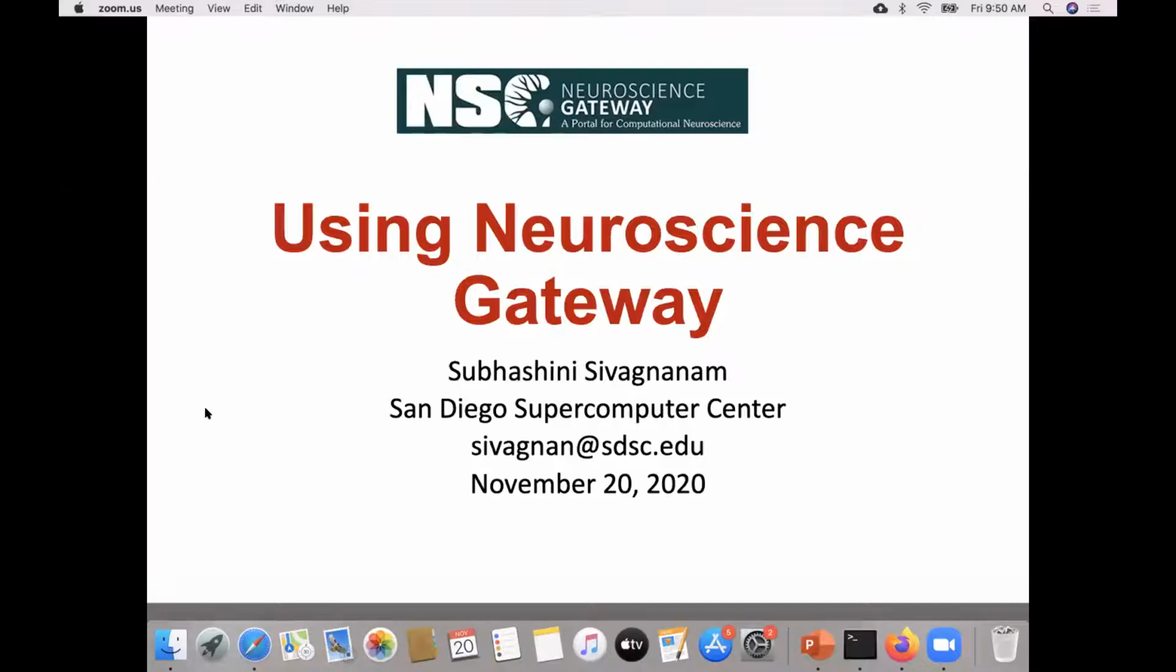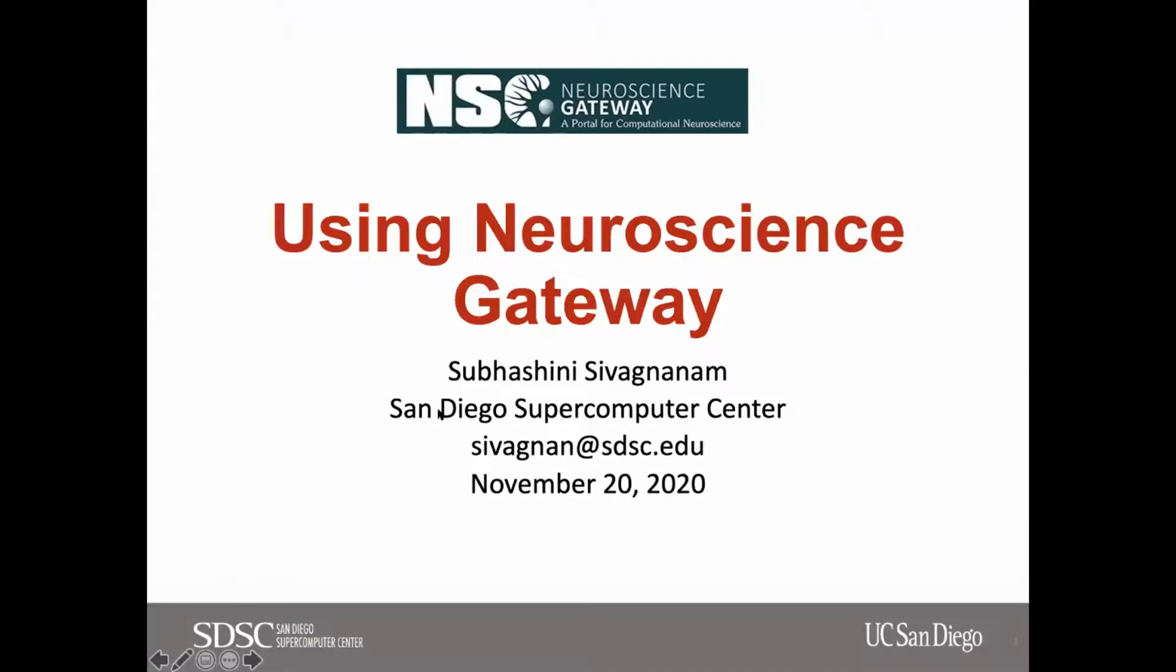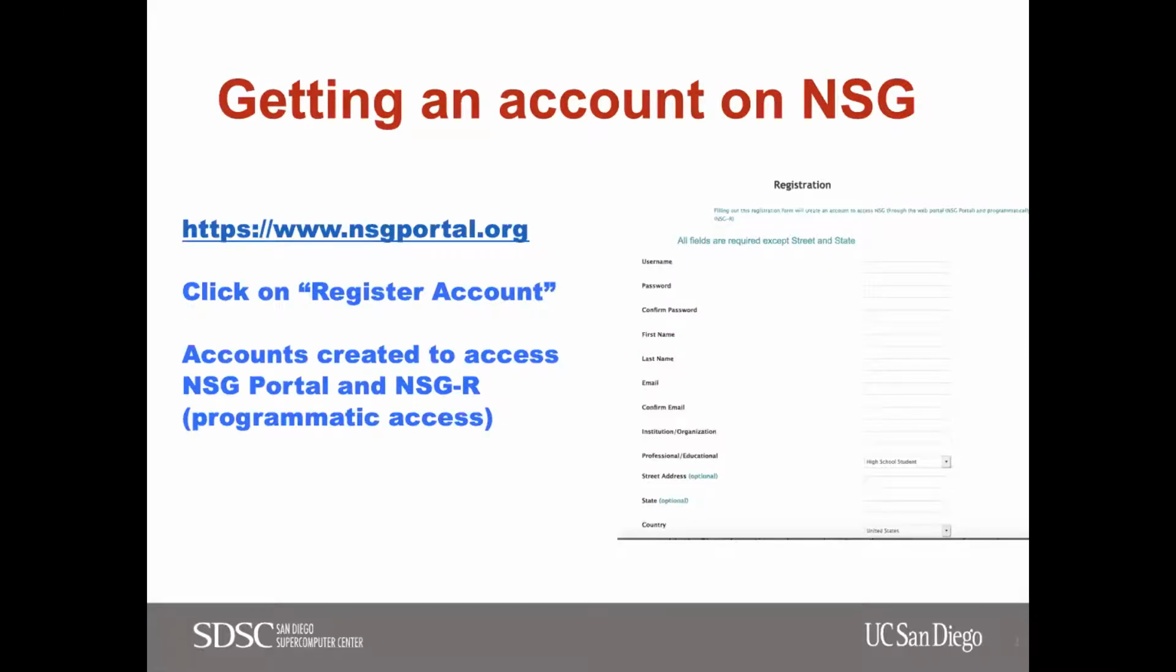So the first step before you start accessing NSG is to get an account on NSG. And as Amit mentioned, you can do that by filling out the registration form that you can find on our webpage at nsgportal.org. It's a simple registration form, and you let us know what kind of research you're doing and what software you're planning to use on the NSG. Once the registration is approved, we will create accounts to access the NSG through both the portal as well